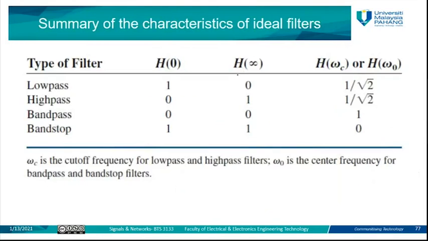So this table summarizes all the characteristics of the ideal filters. The low pass has H0 equal to 1 and H infinity equal to 0, high pass is 0 and 1, band pass is 0 and 0, band stop is 1 and 1. And these are the values for omega C or omega naught. Omega C is the cutoff frequency for low pass and high pass. Omega naught is the center frequency for the band pass and band stop filters. Okay, we're going to